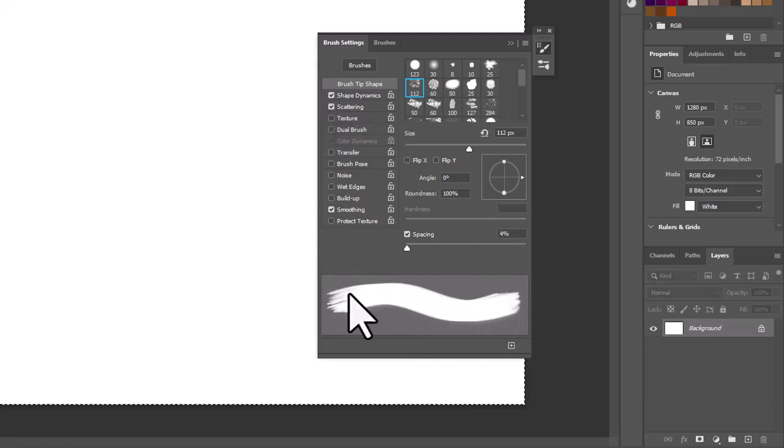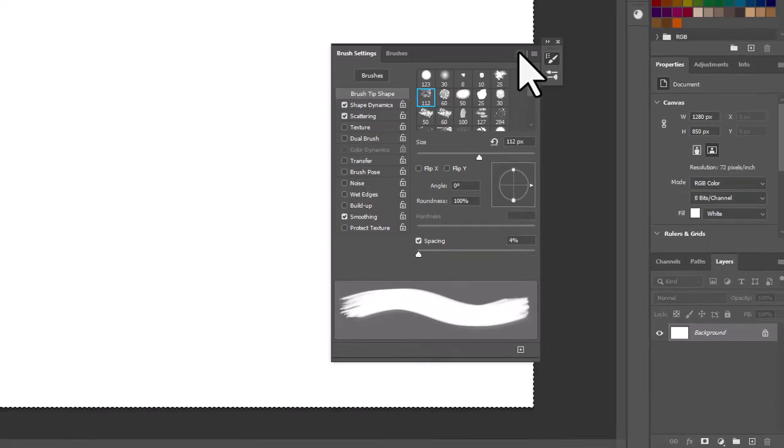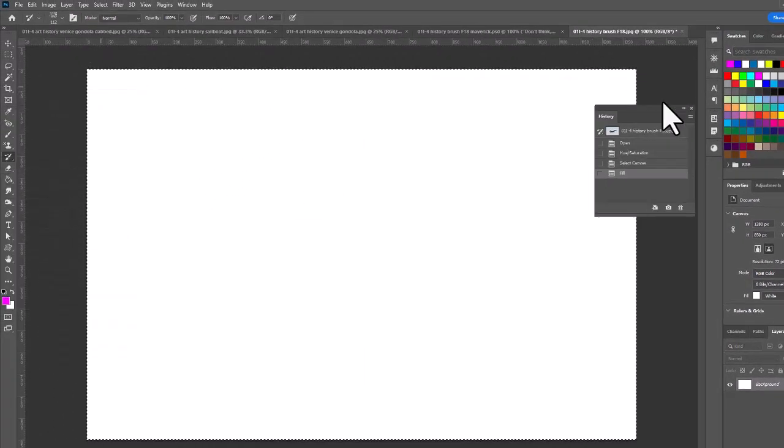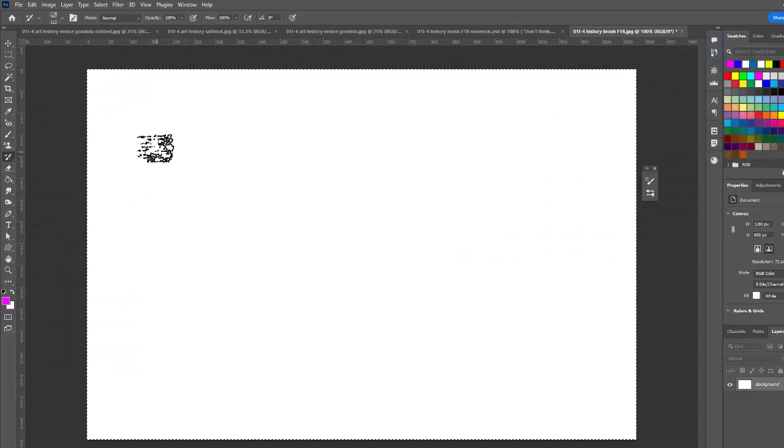You can kind of see the result here. It's going to give us kind of a dragged edge on each end. Let me move my history panel over so it's out of the way. I'll increase my brush size a little bit. And I'm just going to drag through